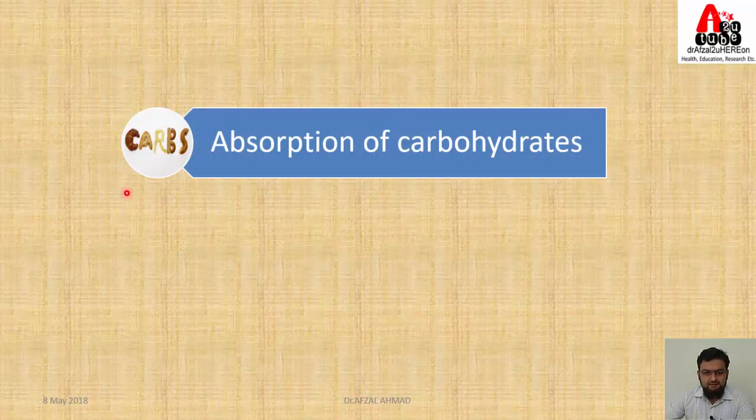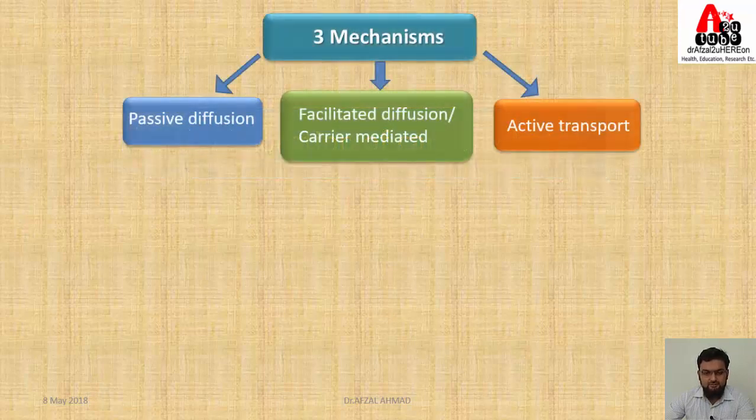Now we will see carbohydrate absorption, how our body absorbs carbohydrate, and what the different mechanisms are which act on this monosaccharide to absorb it in our body. So we have 3 mechanisms here in our body to absorb the carbohydrate. Monosaccharide after digestion is present in the small intestine, which can be absorbed by passive diffusion, facilitated diffusion, which is also known as carrier mediated